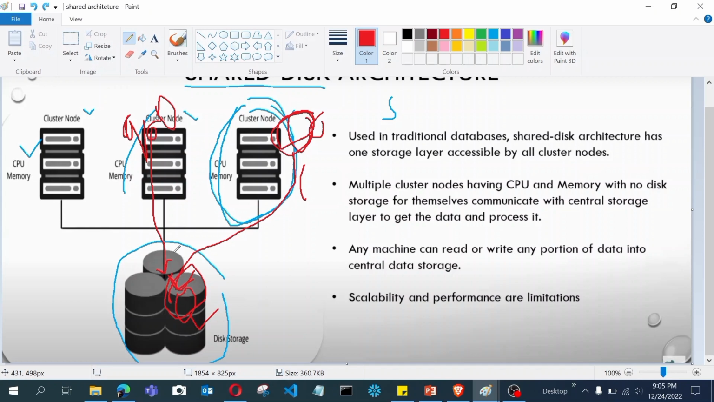Okay, and the third point says that any machine can read or write any portion of data into the central processing unit. I have told you earlier, suppose a student is inserting records in the student table. This cluster node has taken that request from the client and given it to the disk storage. It has gone to the disk storage, locked the table and inserted data in that table. And suppose that the next request is taken by this cluster node 1,